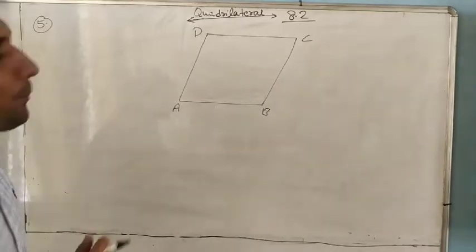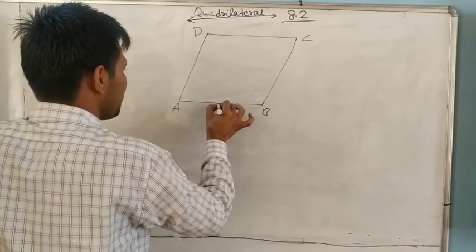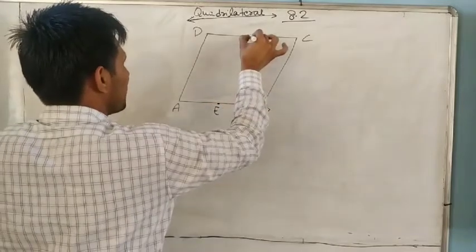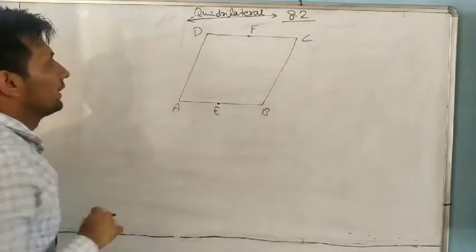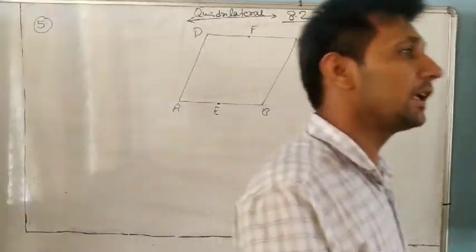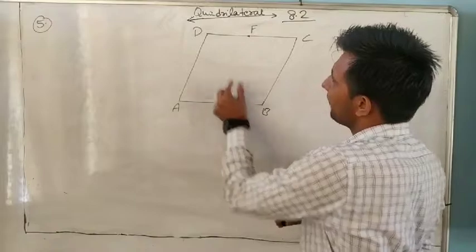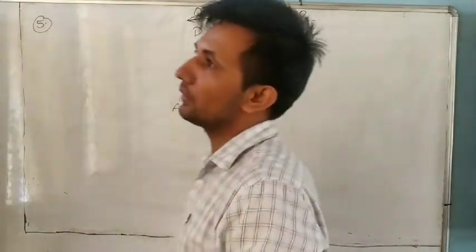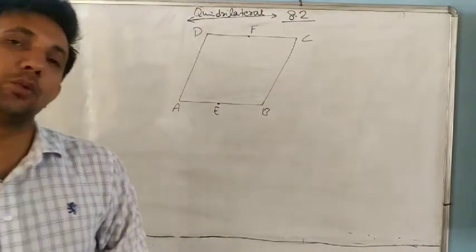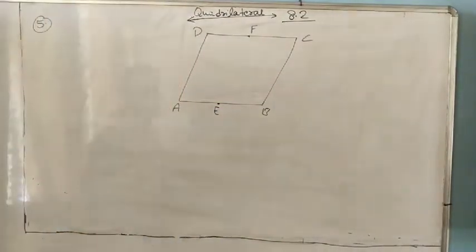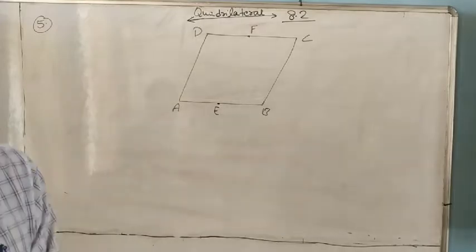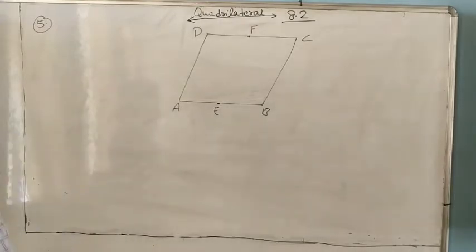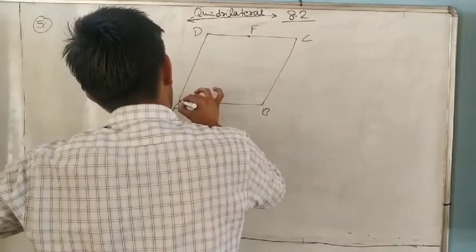E and F are the midpoints. E is the midpoint of AB, and F is the midpoint of DC. It means AE equal to EB, DF equal to FC. And one more thing, if midpoints are given in a triangle, we will use the midpoint theorem or the converse of the midpoint theorem. Now, E and F are midpoints of AB and CD respectively. Show that the line segments joining